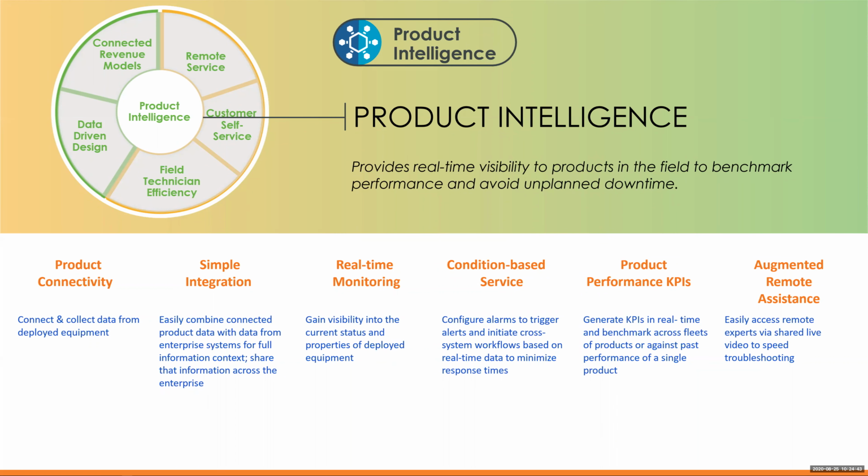So I think I covered a lot of this already, but the product connectivity, being able to just connect to those products and collect that data and so forth is one aspect of this. Being able to do simple integration with that data into that product design offering, into your service management, your personnel management systems, being able to do the real-time monitoring so that you can see in real time or near real time what's happening on that equipment that's out in the field, being able to do that condition-based service and have the alerts or the machine